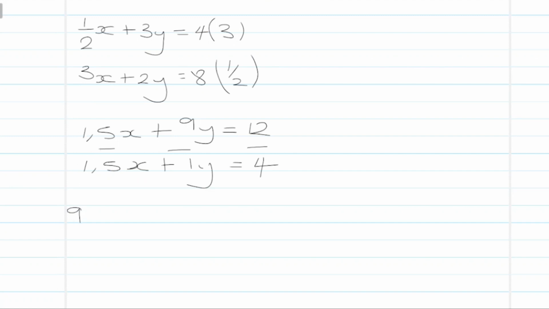So we say 9y minus positive 1y. We have to put it in brackets, is equals to 12 minus 4. So this negative multiplies everything in the bracket, and it becomes 9y minus 1y, so it's equals to 12 minus 4 is 8, and 9y minus 1y is 8y. 8y is equals to 8,